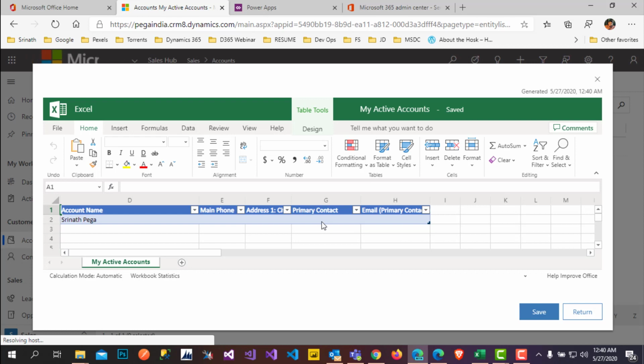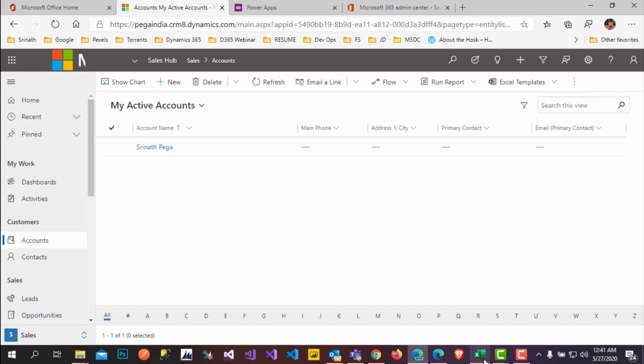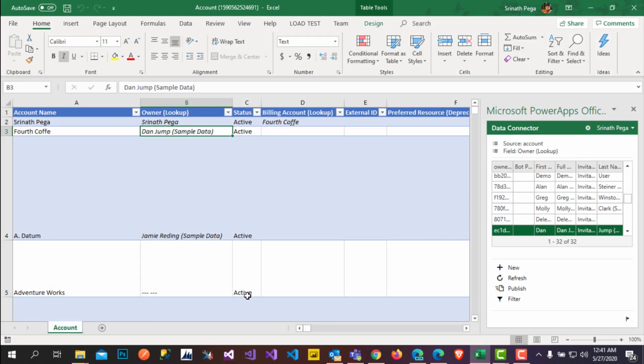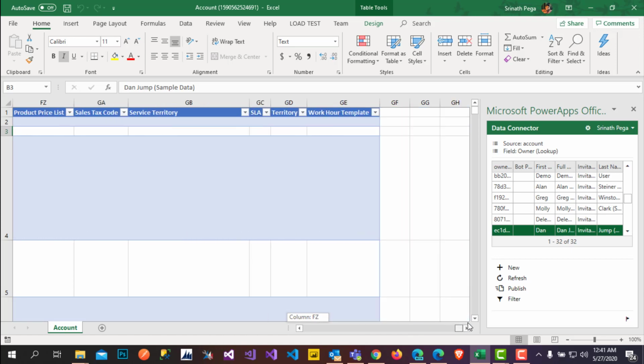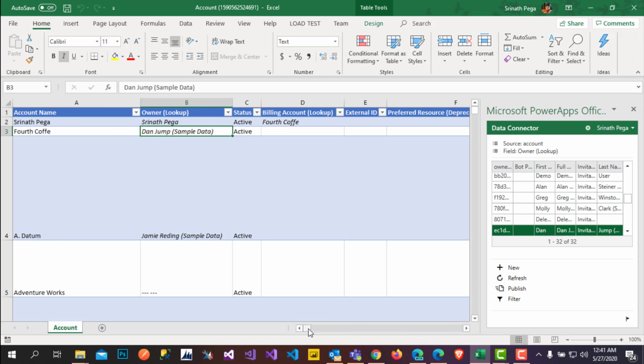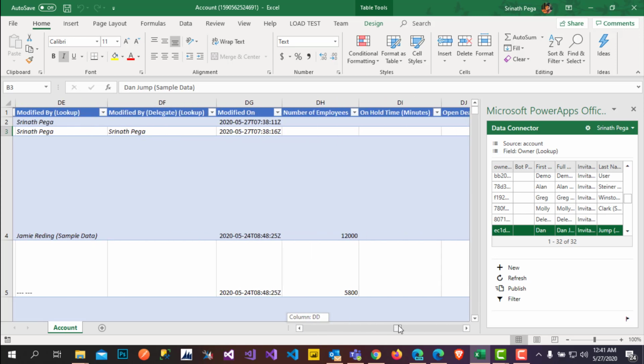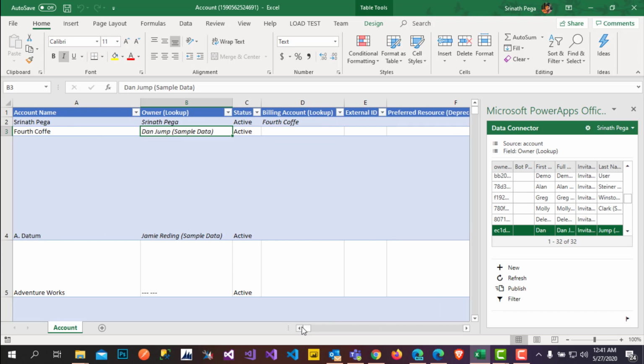But here is the disadvantage: whatever other fields you want to see, if the fields are not available in your existing view, you need to add those fields to that view and then perform these operations. No, yeah, I'm cancelling this one. But when it comes to this spreadsheet, you will be able to see all the fields, irrespective of whether they are in the form or not. You will fetch every field that belongs to the account you are performing the operations on.